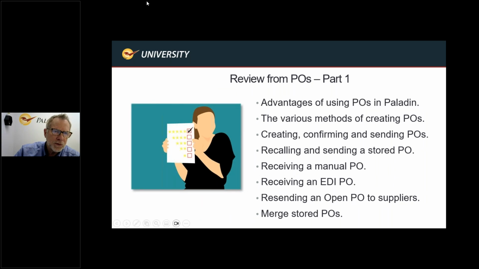So just a quick review from last time. This is the agenda from part 1, the advantages of using POs in Paladin. We talked about how it's the most logical, practical, easy, and best method for receiving and managing your inventory. It's the most effective method for tracking your purchases and managing your stock on hand. It enhances order and receiving efficiencies and improves supplier order communications for both EDI vendors and non-EDI vendors. EDI is electronic data interchange. And we also talked about the various methods of creating POs,